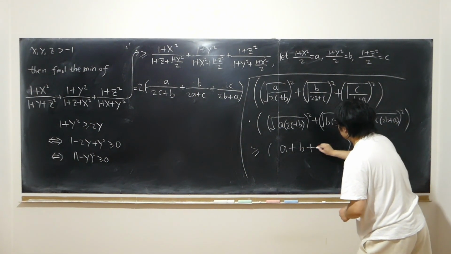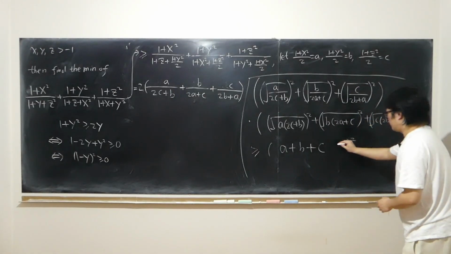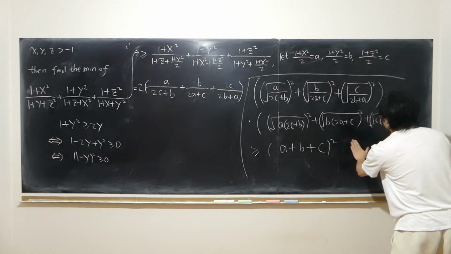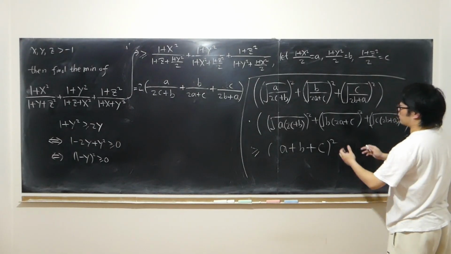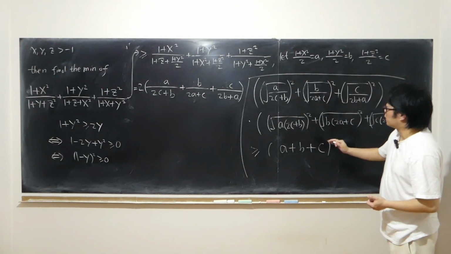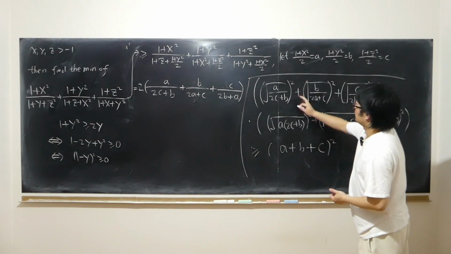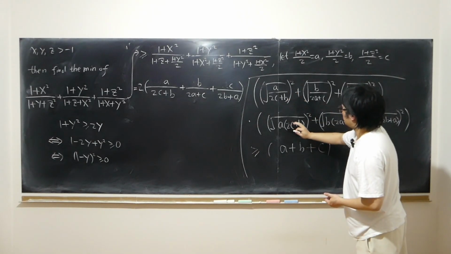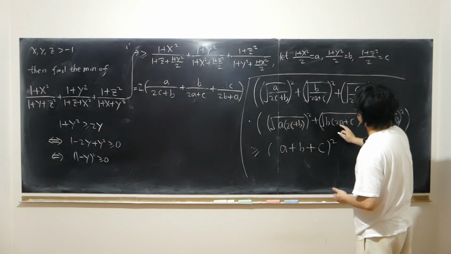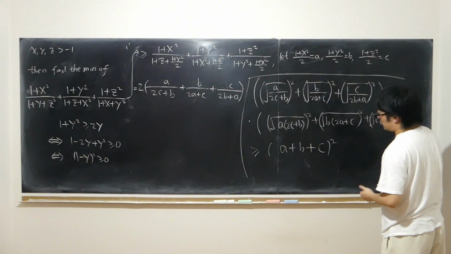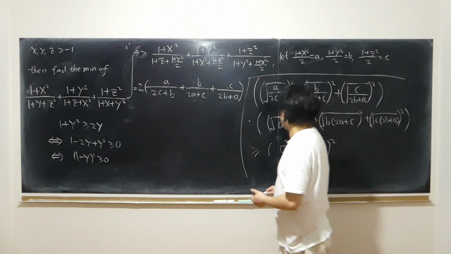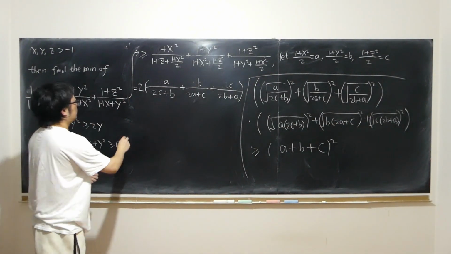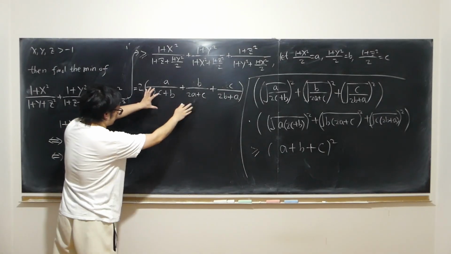Likewise for the others. And of course, later we'll discuss when equality holds: this divided by this equals this divided by this equals this divided by this. But for now, I can say this must be greater than